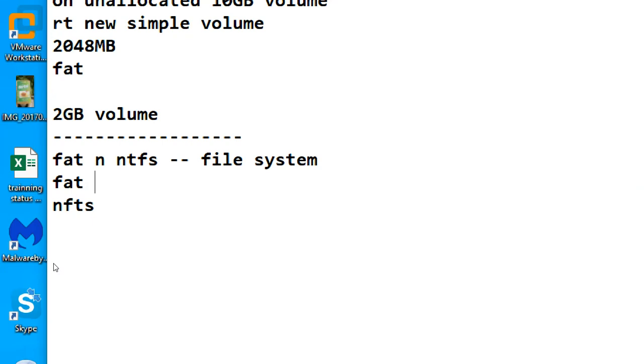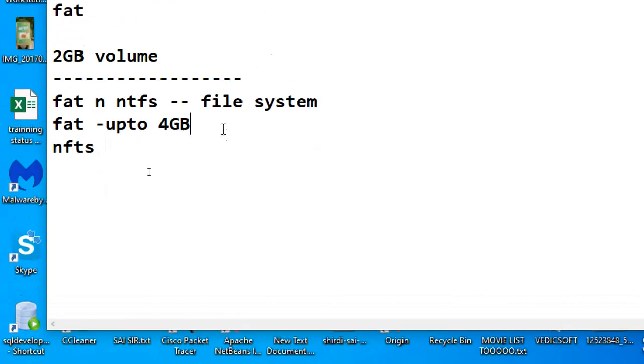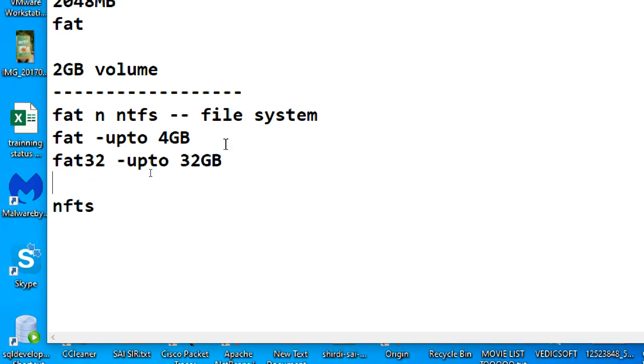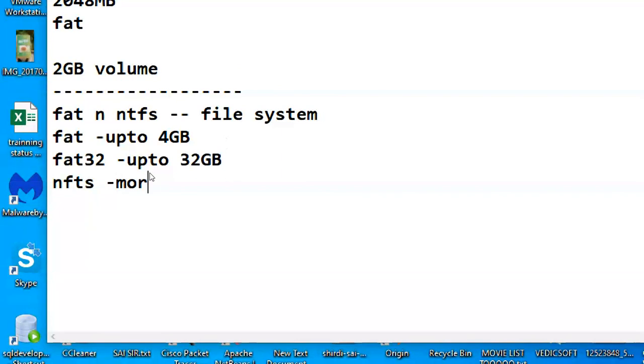Generally, FAT supports a maximum volume of 4 GB. But not only FAT, FAT32 is also there, that's why I put it two times. It supports up to 32 GB. Next, NTFS supports more than 32 GB.